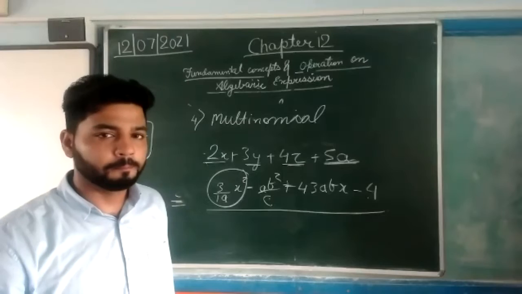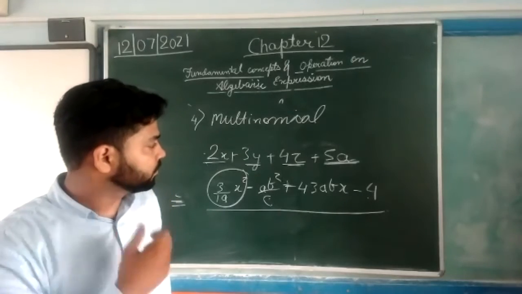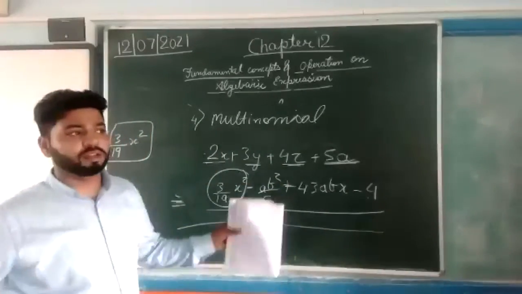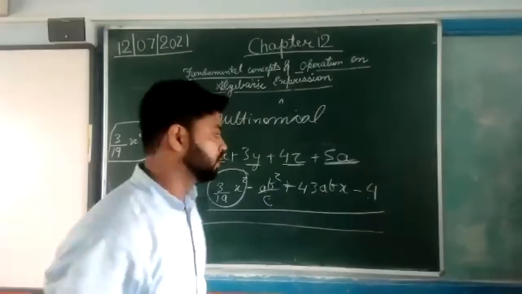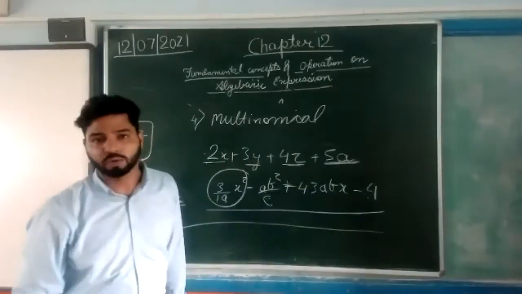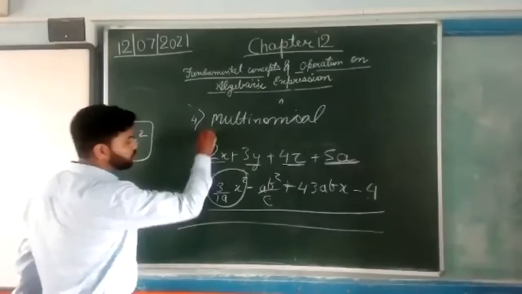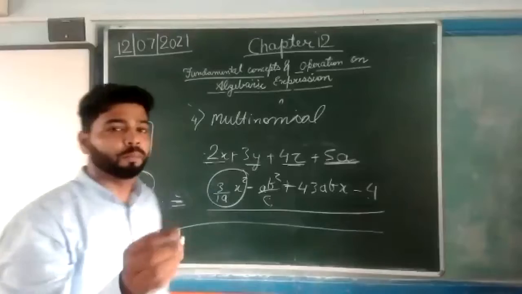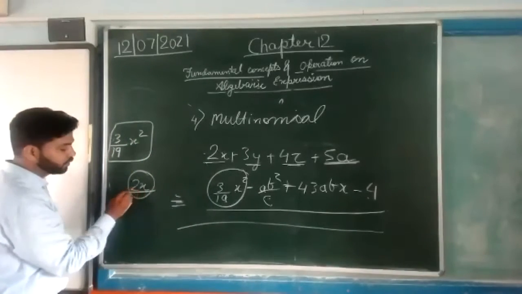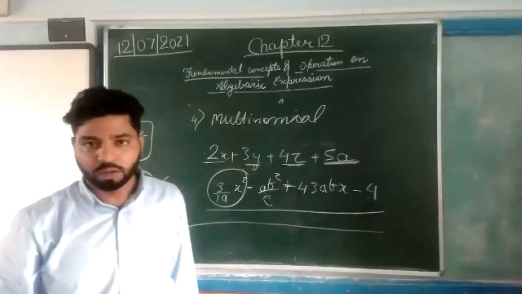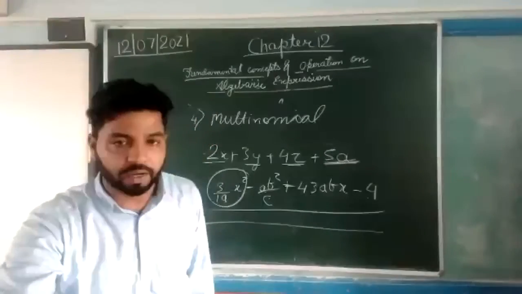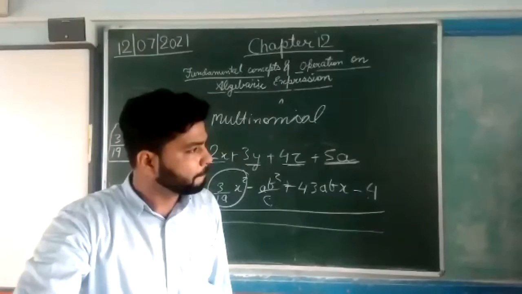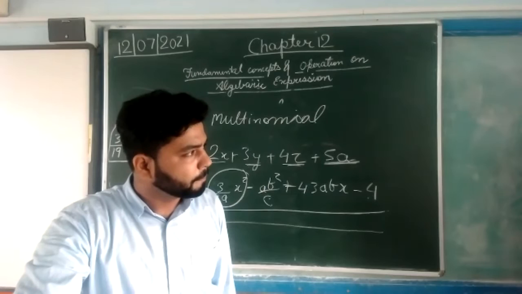Okay. And sir, what does polynomial mean? I can't understand. Polynomial is the extended form, as there is a large series. The expression which consists of infinite terms. Suppose there is 2, it is also called a polynomial, but this is a subdivision, so it will also be called a monomial. The second one is also called a binomial, the third one is also called a trinomial. So sir, we can say that monomial, binomial, trinomial, and multinomial are all polynomials.